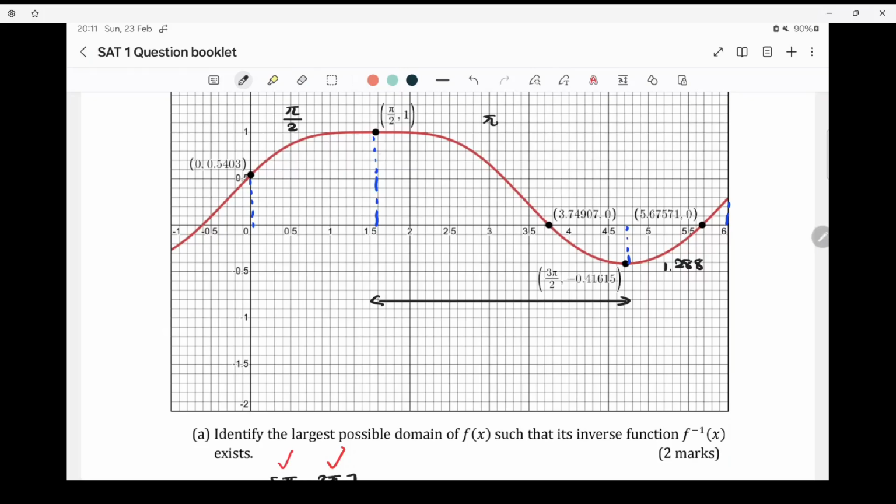So essentially, you have one vertical asymptote over here. So let's say this is your y-axis and this is your x-axis. So there is one vertical asymptote over here, and then from pi over 2 until